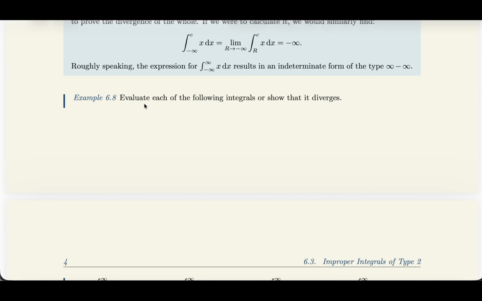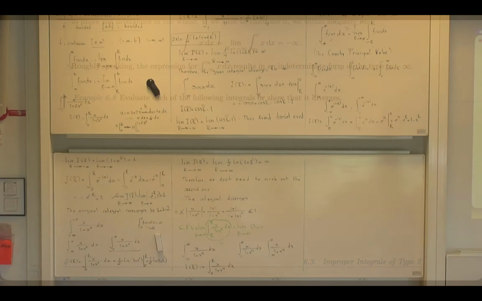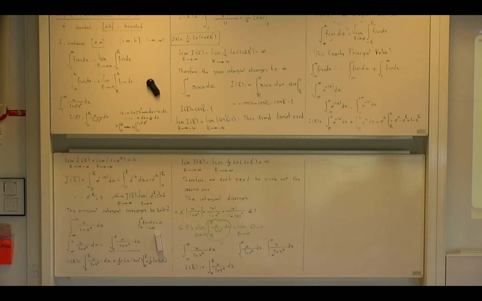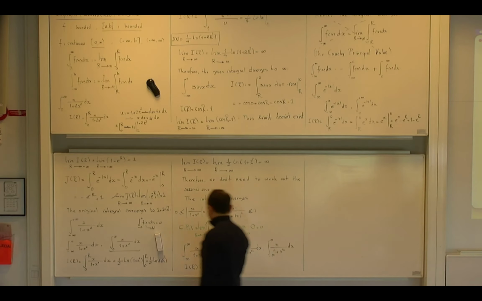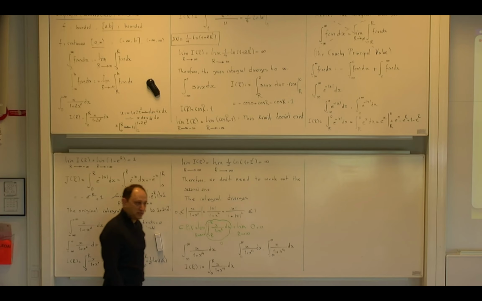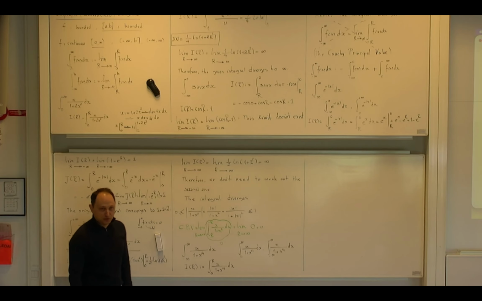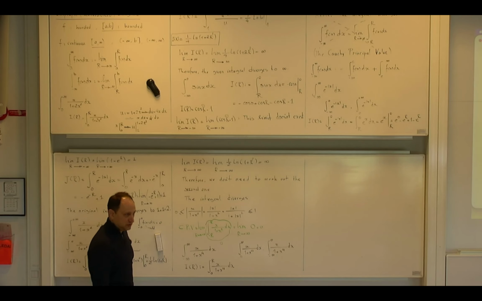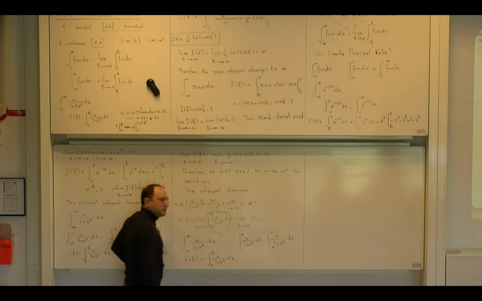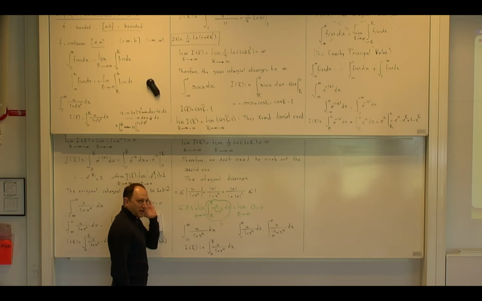Okay? So this is the first simple question we are facing. They are mentioning that evaluate each of the following integrals or show it diverges. So here it means that somehow the person who designed the question knows that this integral is doable, because they are asking you to evaluate it if it converges. So if it is doable, you have to go back and review what technique you have in your toolbox to do this.